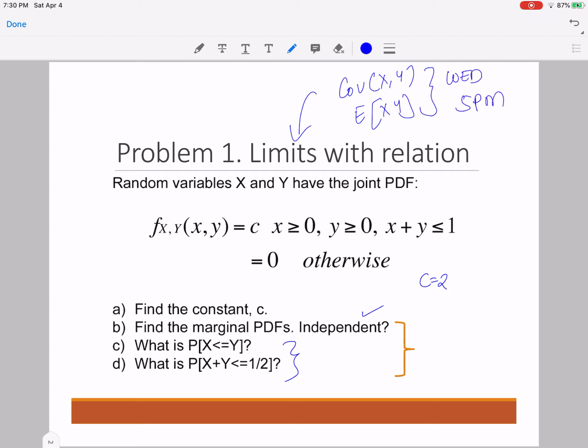So I repeat, we are not meeting on WebEx on Monday, but there's going to be an in-class participation problem due at 5 p.m. We will be meeting on Wednesday at 2 p.m., which will serve as your midterm 3 review. Now that WebEx session is also optional, and it is meant for those individuals that would like to take midterm number 3. So by Monday 5 p.m., you're also going to let me know